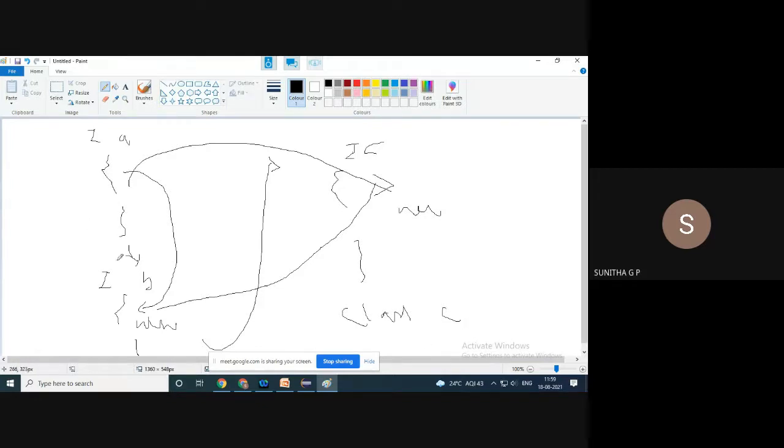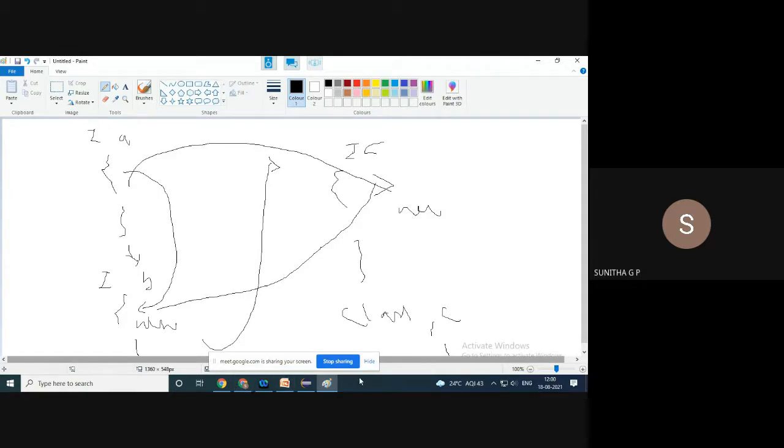Okay, so this scenario is programmed. Class A has one method and class B has one method, so totally class B has two methods available, and class C has one method. So in class C all the A, B and C methods are available. And the given restriction is what? When we have implemented C, we have to define all the methods of A, all the methods of B, and all the methods of C. Okay, so this is what we have to remember when we implement an interface.